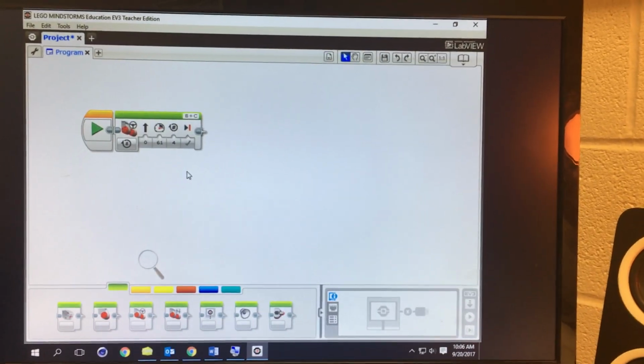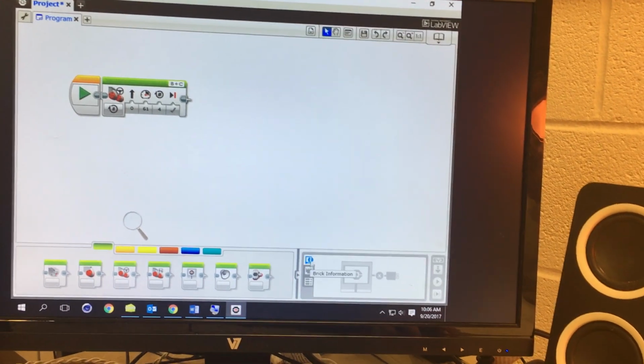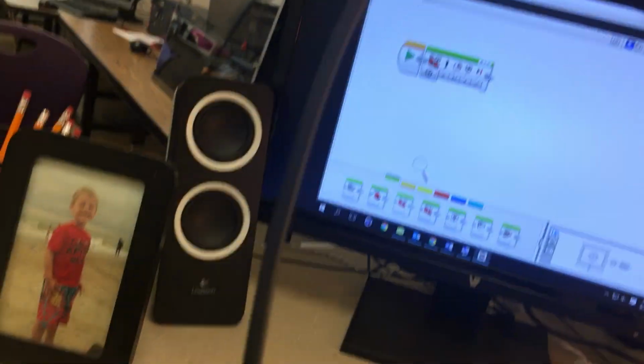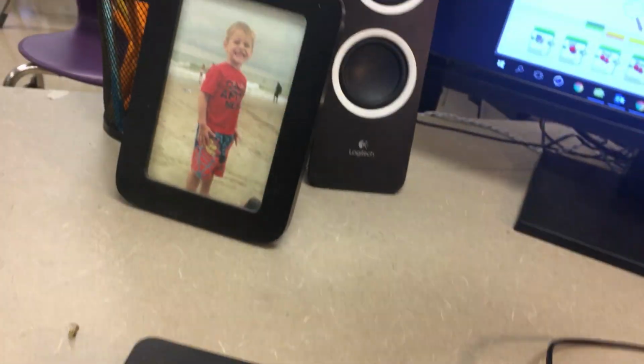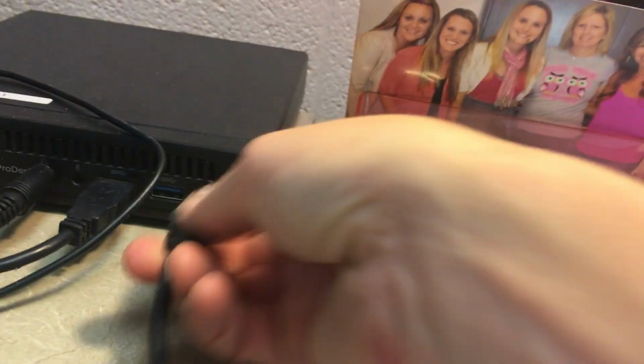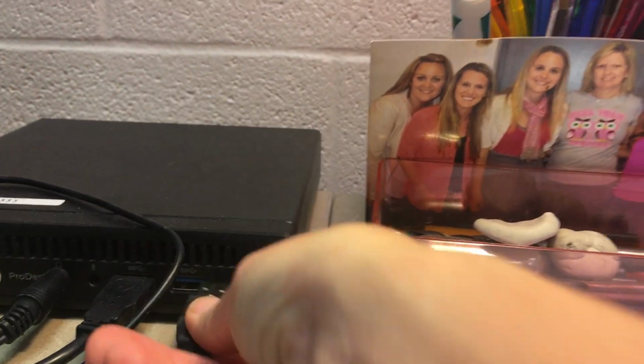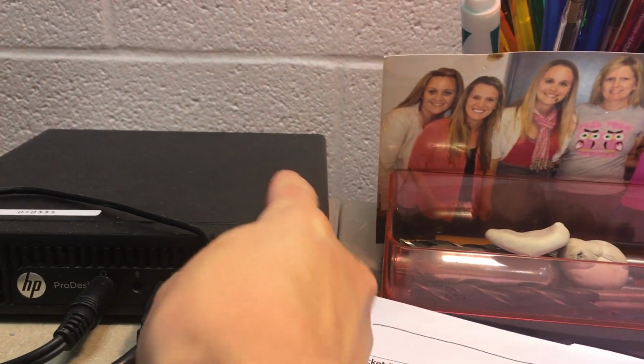So if you do not have Bluetooth, in order to connect your robot, you are simply going to get a USB cable. So here is a cable. You're going to plug the USB cord, this end, into your computer's USB port. Mine on my computer is right here. The other end of the USB is the small